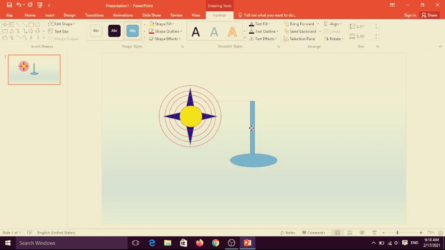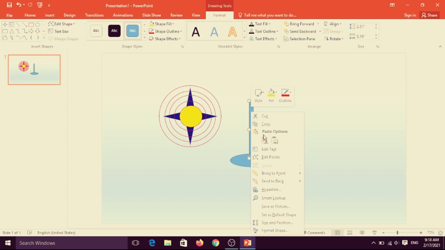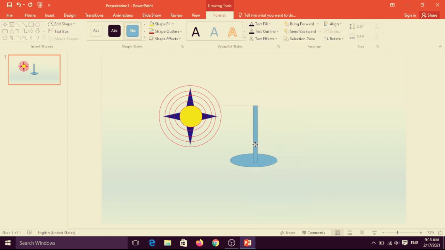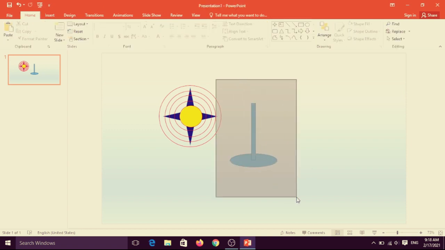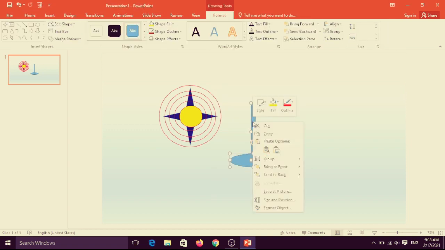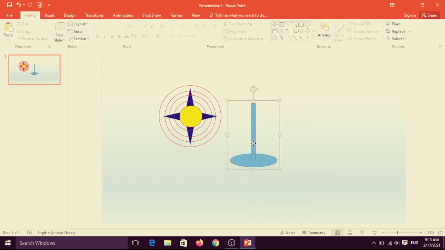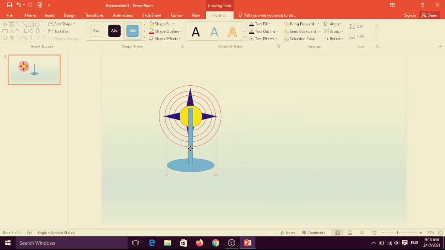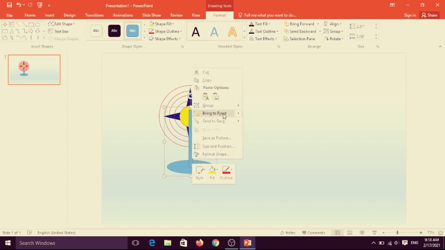It will be in front of that. Right click to bring it to front. Make a group, select it and right click and choose Group. Now it is a single object and send it back. Send to back.